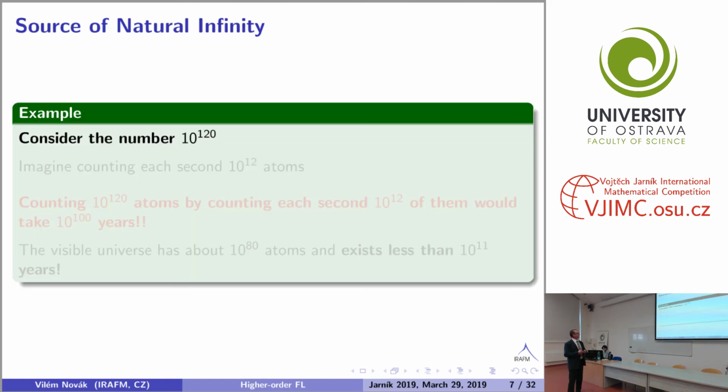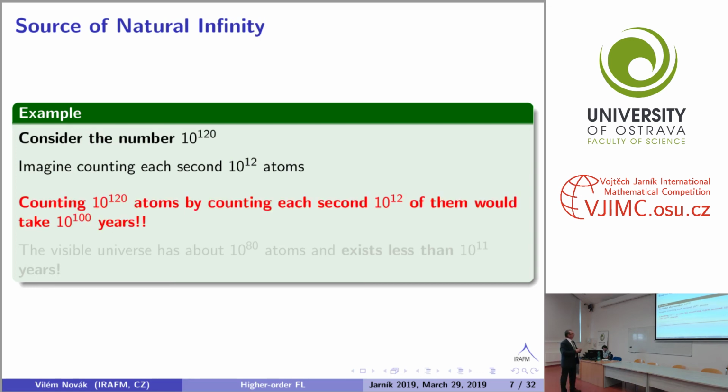So, what is the source of natural infinity? Consider the number 10 to the 120. And imagine that we, by computer or whatever, will be counting each second 10 to the 12 atoms. So 1, 2, 3, 4, 5, and so on. And we finish with 10 to the 12 after 1 second. And then if we do it and count each second 10 to the 12 atoms, then it would take us 10